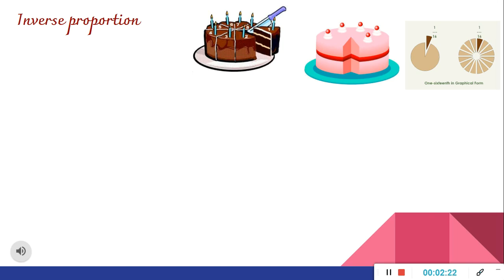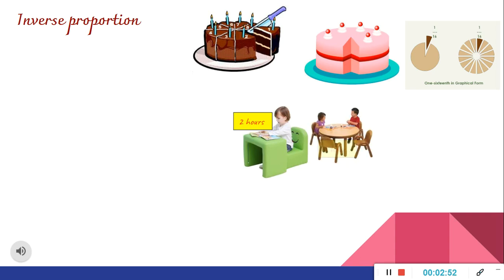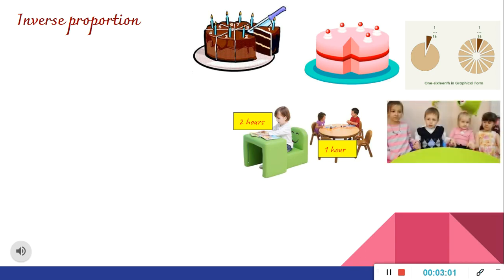Let's take another example. Let's say that you decorate a room for your friend's birthday. Now there are 3 scenarios here. In the first scenario, you do it alone. So you do all the decoration alone and it takes you 2 hours to complete the work. In the second scenario, you take help of another friend and 2 of you do it together, and it takes you 1 hour to complete the work. In the third scenario, you call a few other friends and 4 of you together do it, and that time you take 15 to 20 minutes for the same decoration.